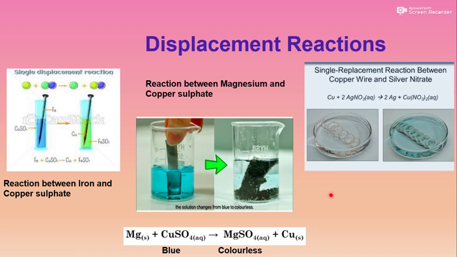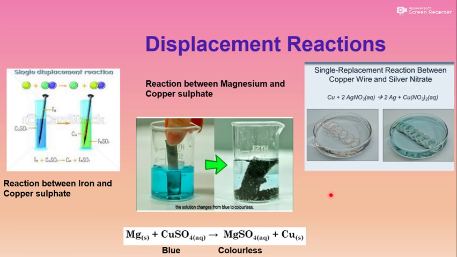The more the tendency of an element to react with other substances to form compounds, the more the reactivity. It means when an element reacts in most conditions to form new compounds, it is more reactive. On that basis a series is formed, and this series is called the reactivity series. In this reactivity series, elements are arranged on the basis of their reactions.